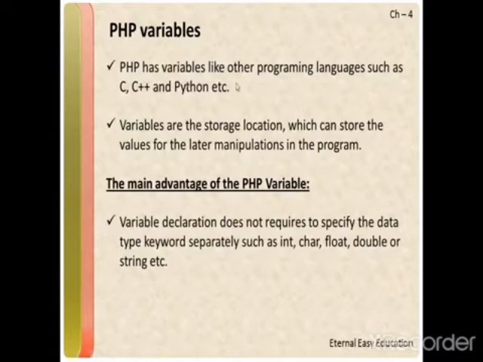PHP has variables like other programming languages such as C, C++, and Python. Variables are the storage location which can store the values for later manipulation in the program. Variable is a very important concept. The term variable and its meaning will not change for any other language. What is the meaning of variable in C is same for C++, same in Python or any other language,